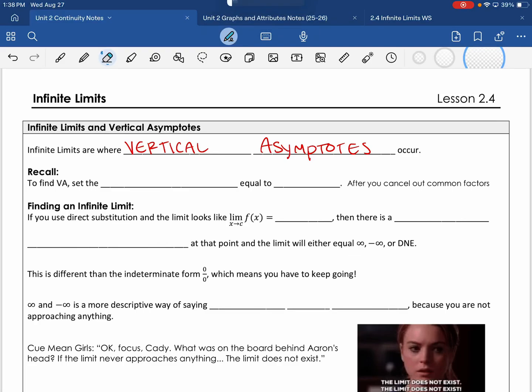Today we're going to talk about infinite limits. Infinite limits are where you have vertical asymptotes. Now remind me, how can I find a vertical asymptote? Set the bottom equal to 0. Yes, set the denominator